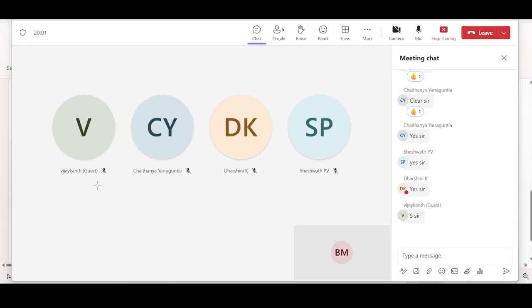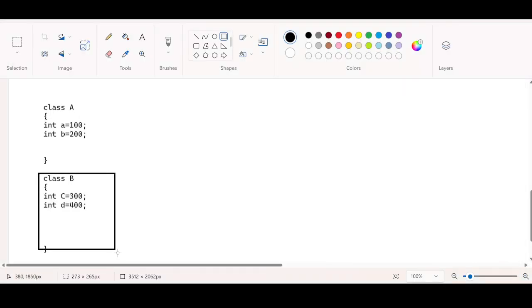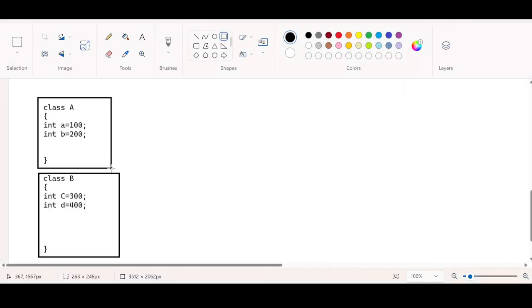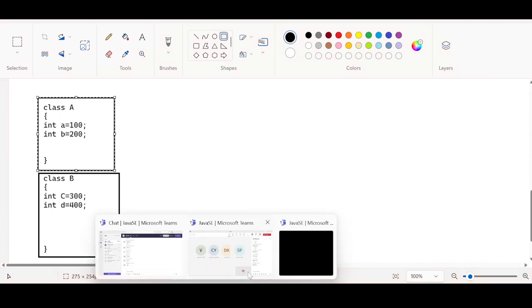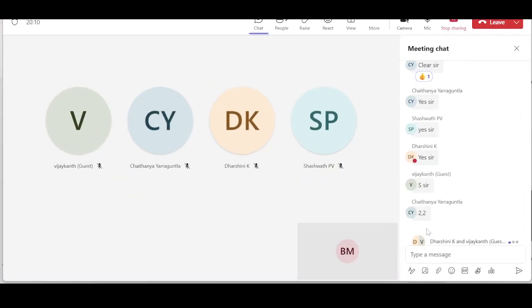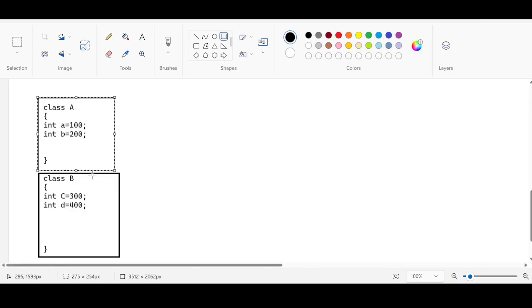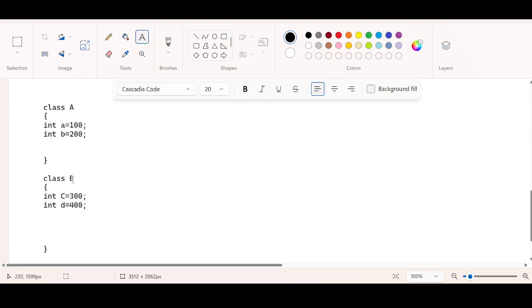Are you getting my question? How many variables are there inside the class B? How many variables are there inside the class A? I want the count, variable count. 2, 2. Good, Chaitanya. Very clear. Anyone with the eyes can say that it is 2, 2. Good. 2, 2. The moment I use extends keyword, extends